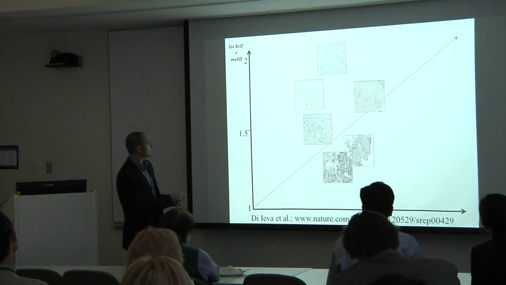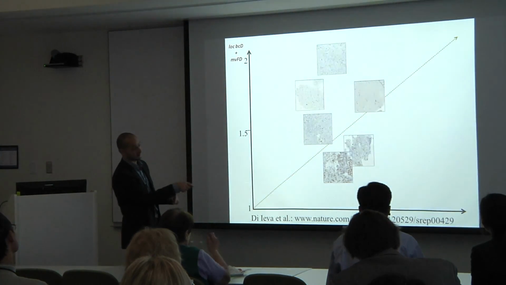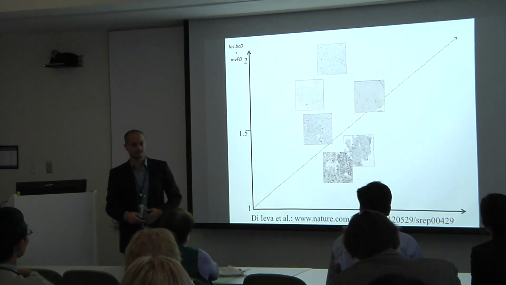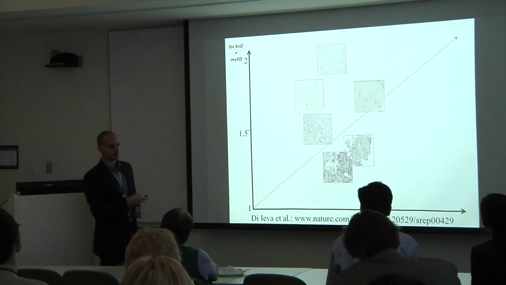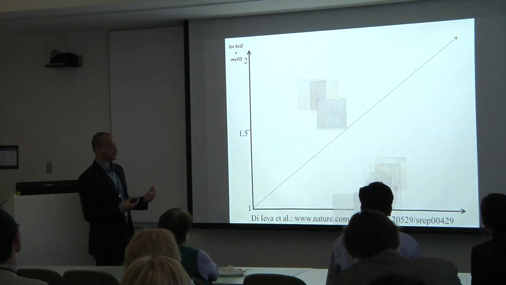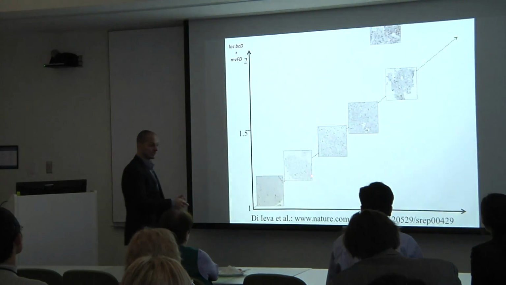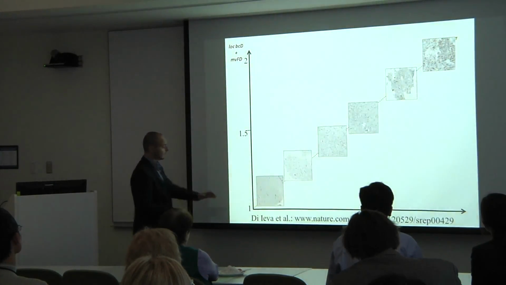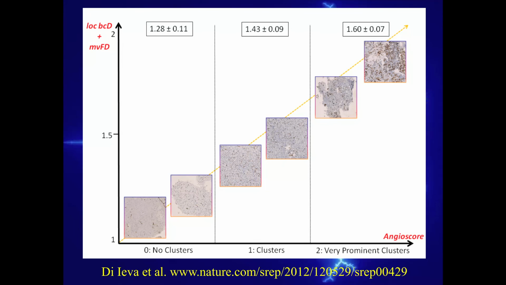So let's put a graph where the fractal dimension parameters are increasing. This is the arrow where the geometrical complexity is increasing. And let's ask the computer to quantify and to put order in this chaotic distribution. This is what happens. Box counting dimension. Each tumor now is put in the spot where there is a lower fractal dimension, intermediate, and a very high fractal dimension of the microvessels. Not by coincidence, when we did the double-blind study and analysis with the pathologists, we found